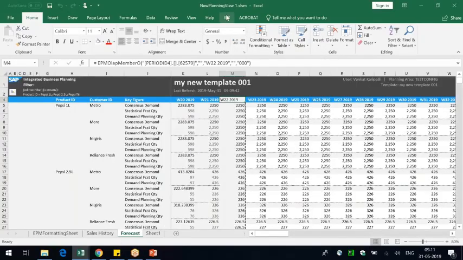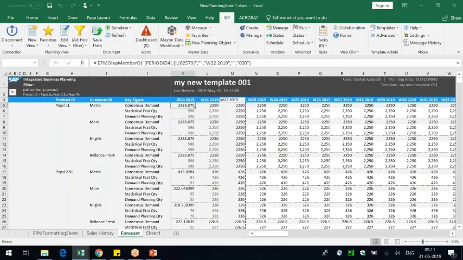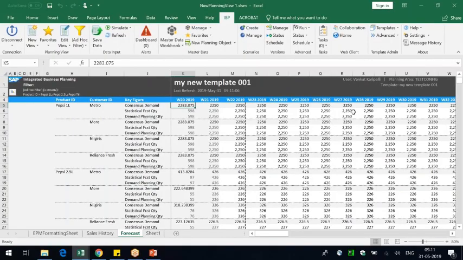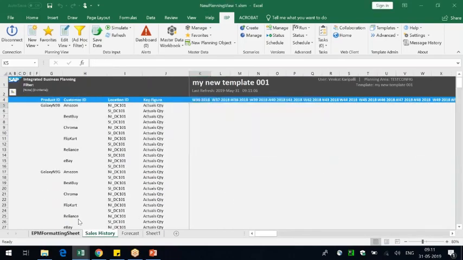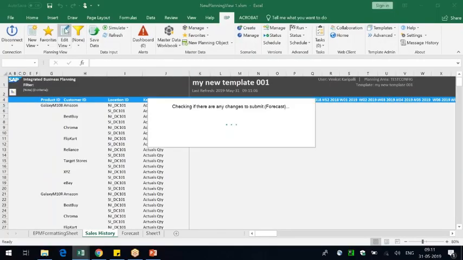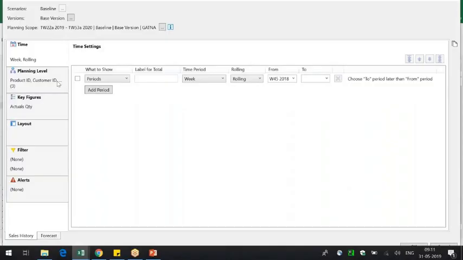Now come back to the forecast here. Clean. And now this appears to everything, because this APM formatting is, as I told you, a sheet level, no, work planning view level.